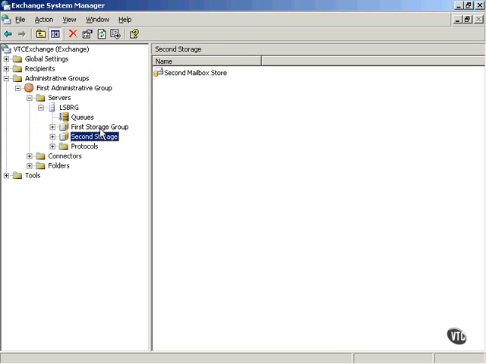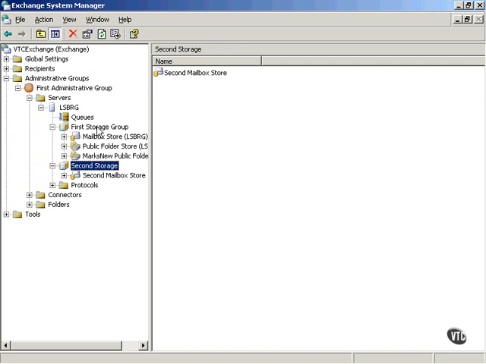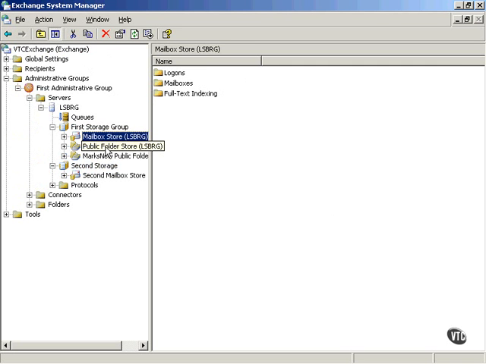Right here, I've got two storage groups. I've got a first storage group and a second storage group. In my first storage group, you'll notice I've got a mailbox store and a public folder store. Each one of these stores is a logical database, and in each one of these there are two separate